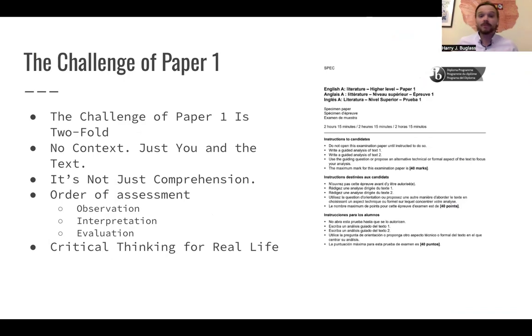So, full disclosure, the challenge is twofold. First, no context, no unit, no scaffolded discussion prior to your assessment. Just you, 1 hour 15 minutes for standard level, 2 hours and 15 minutes for higher level, and your mind. Second, it isn't just comprehension. You're assessed in your ability to notice precise techniques, diction, tone, layout, structure, and explain how they serve a larger